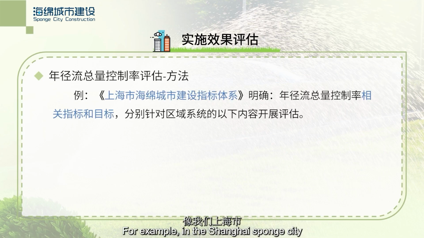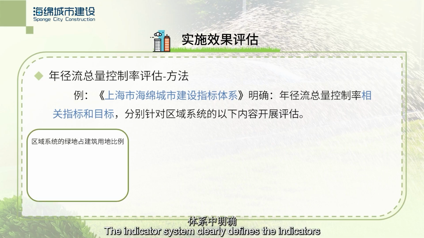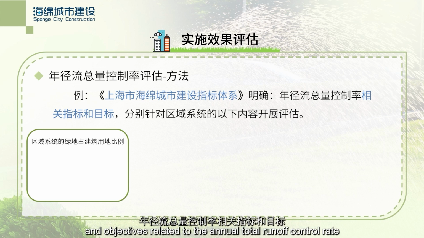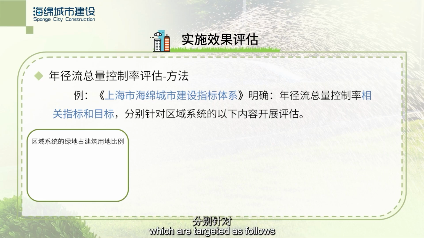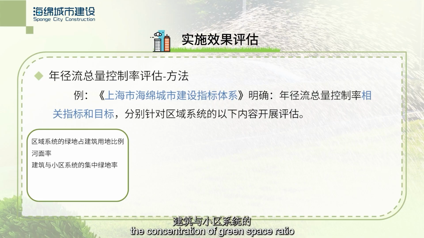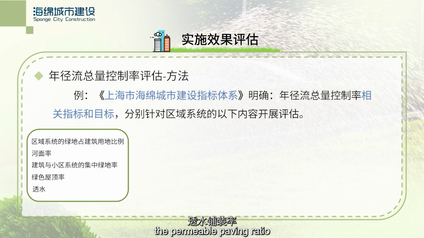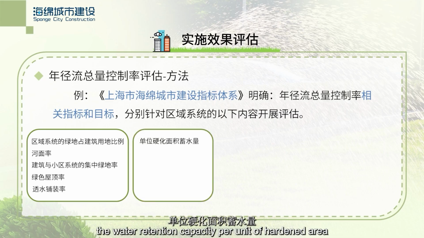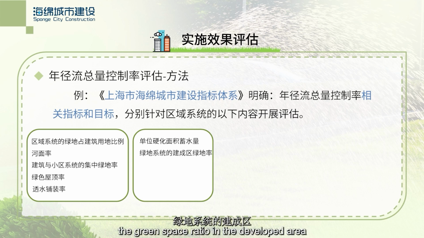For example, in the Shanghai Sponge City Construction Indicator System, the indicator system clearly defines the indicators and objectives related to the annual total runoff control rate, which are targeted as follows: the proportion of green space in the area system compared to built-up land, the river surface ratio, the concentration of green space ratio in building and community systems, the green roof ratio, the permeable paving ratio, the water retention capacity per unit of hardened area, the green space ratio in the developed area of the